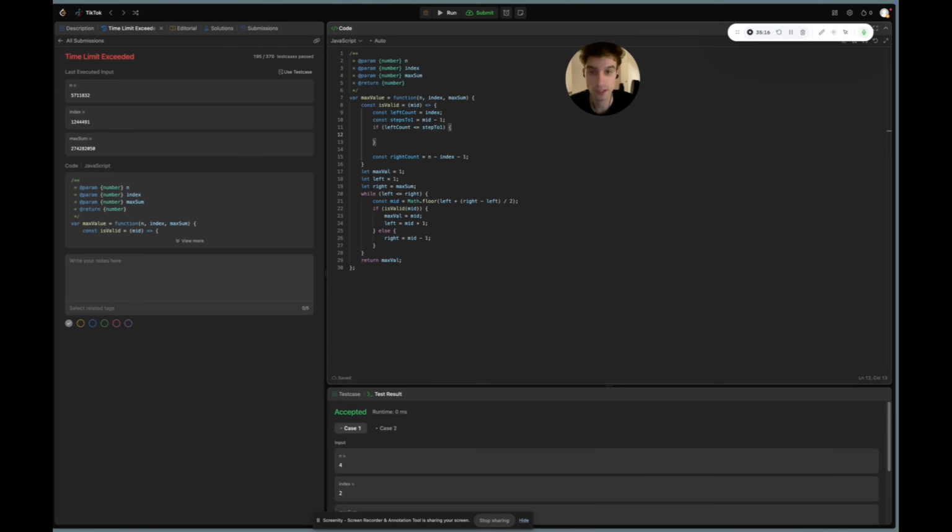Okay, so we can say we'll have a sum set equal to mid, right? Because we could just set it to 0 and add mid, but we'll just set it to mid, and then we'll add our formula. So again, our formula is sum is equal to n times the first term plus the ending term over 2. Okay, so the number of steps we already said would be left count